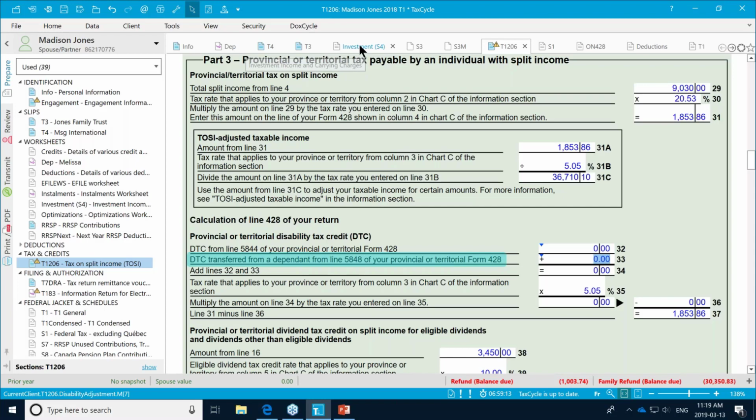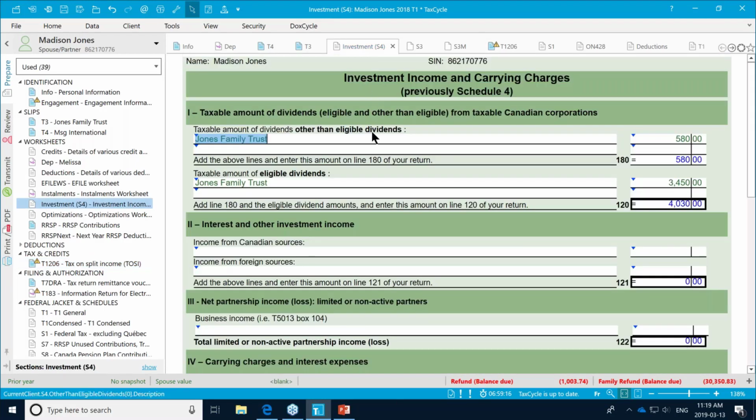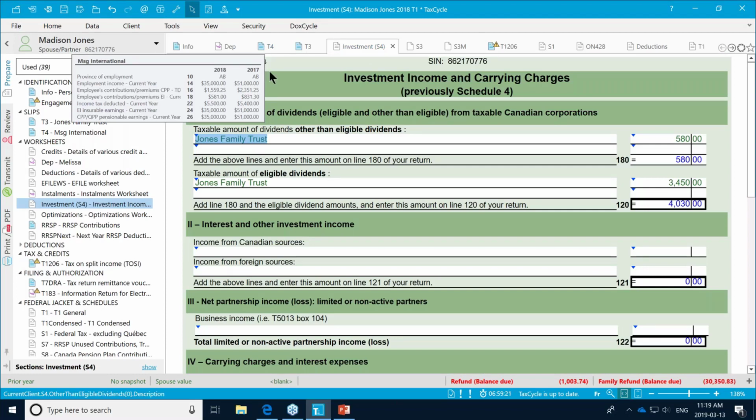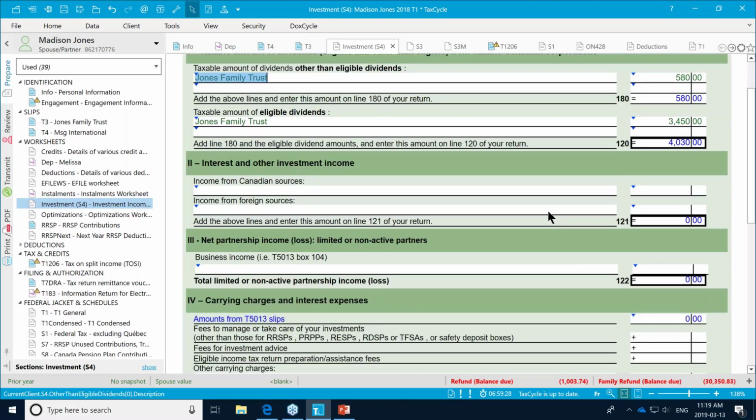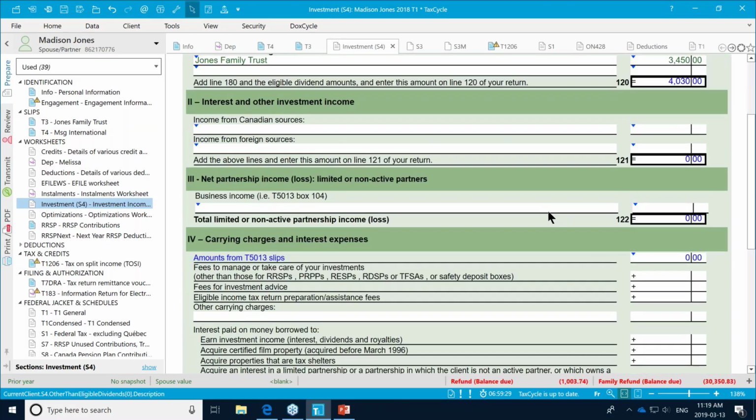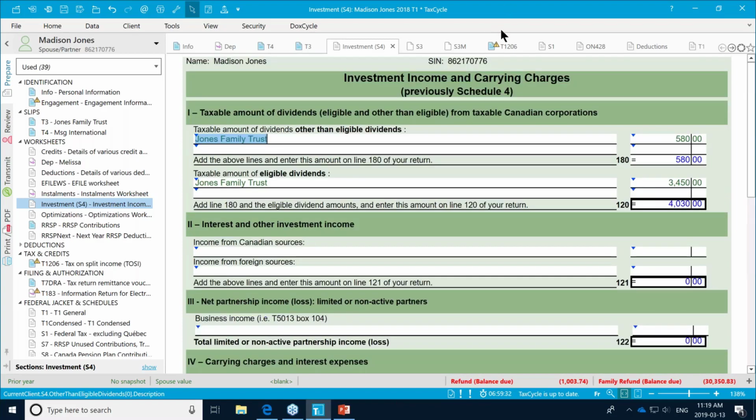The schedules that are affected include our S4. Our taxable dividend is coming in here. And if we were to enter another amount here, say another $500 coming in, it's going to calculate.